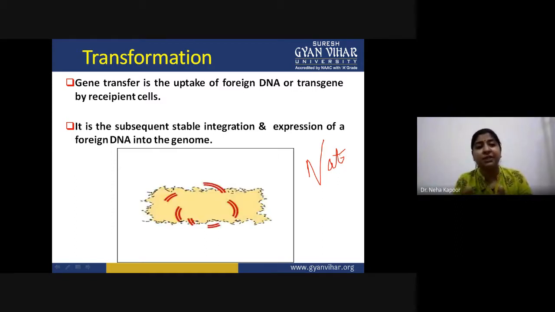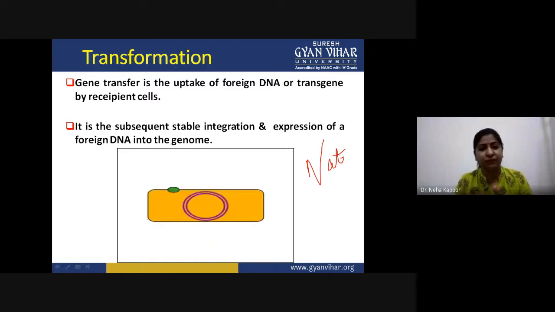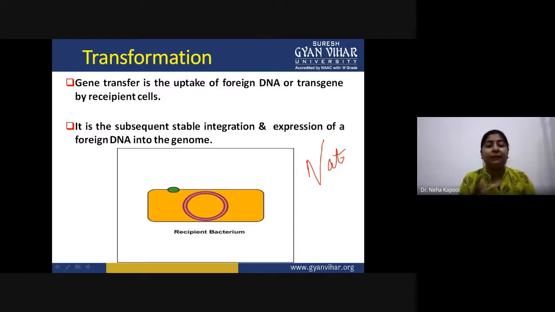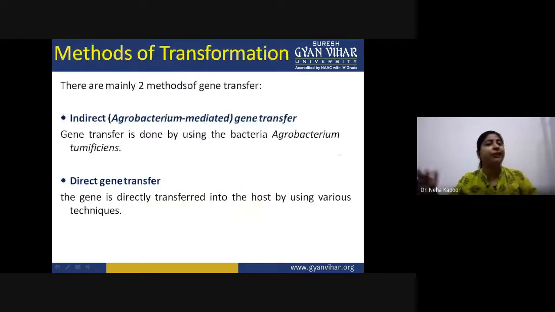However, I have also discussed artificial transformation. Artificial, as the name suggests, is performed artificially inside the laboratories. That means it is an in vitro technique in which we first prepare the cell, then take our gene of interest and put it inside the bacteria or any kind of plant cell. So for the artificial transformation procedure, what are the methods? Because naturally, the complete process happens automatically. We are not giving a signal, we are not inducing it. But in the case of artificial transformation, there are different types of methods.